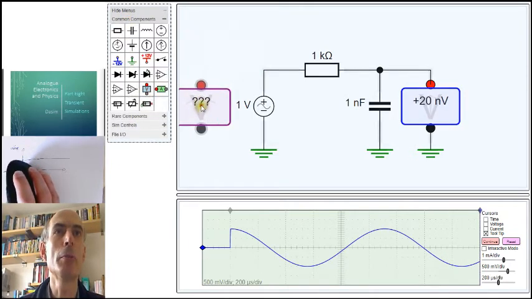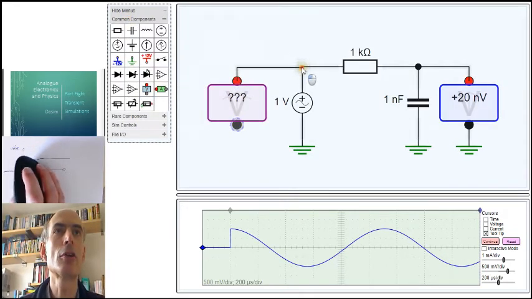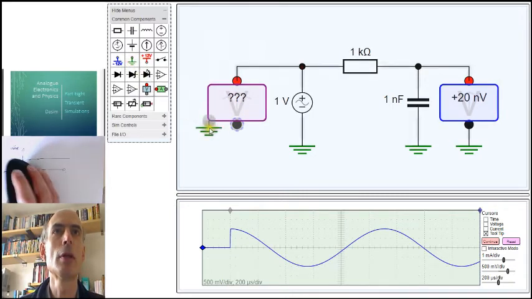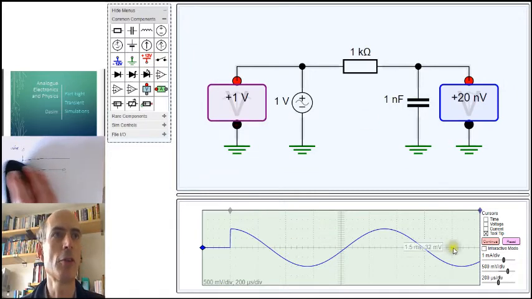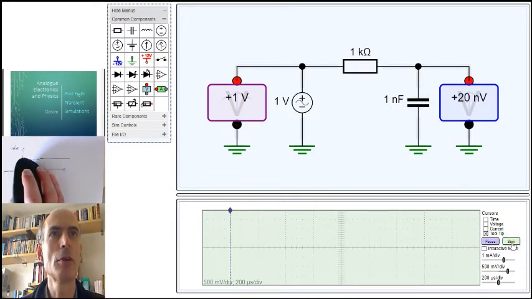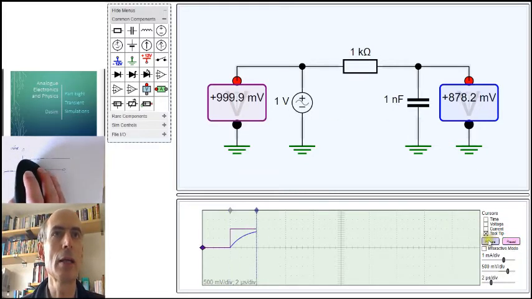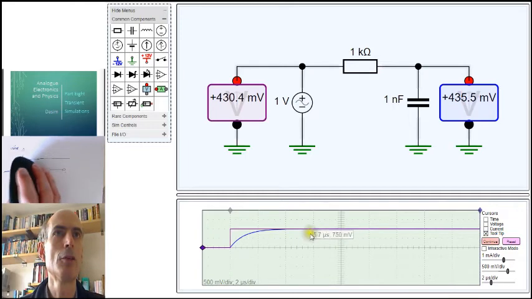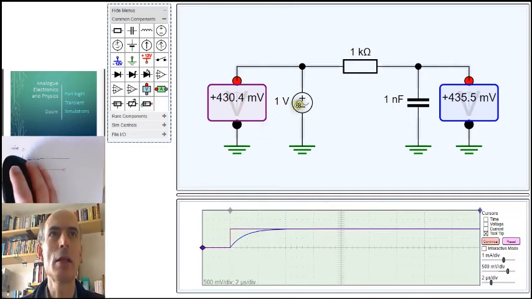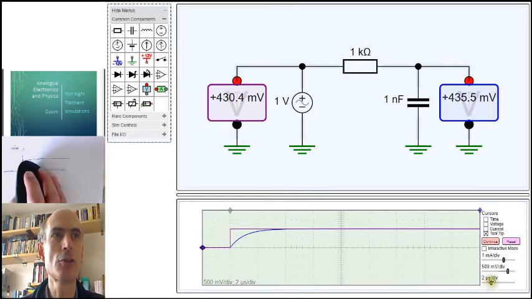take another voltmeter here, attach it across the voltage source, and then I could see both the voltage source and the output on the transient simulator. I'll have to reset so that it picks up both of the meters and then start again, and there we go. You see that right at the beginning the AC circuit has shot up to 1, and then it starts oscillating up and down,